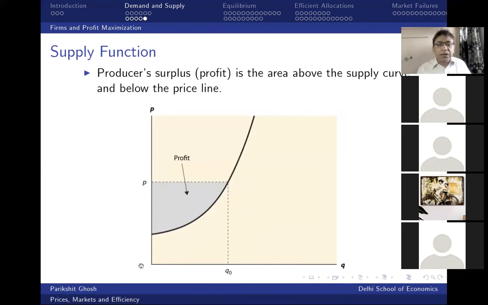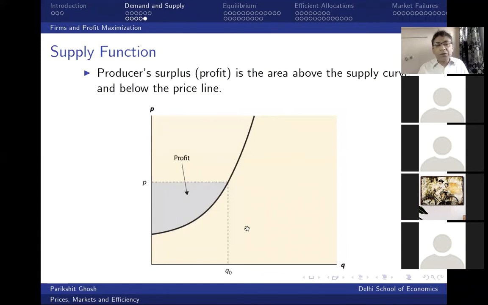This upward sloping curve is interchangeably the marginal cost curve of the firm and the supply curve of the firm, just as marginal utility curves served as the demand curve. For the same reason, because of the optimizing principle, the marginal cost curve also serves as the supply curve. Now, keeping that in mind, if there's a market price P, for example, like this, what is the profit of